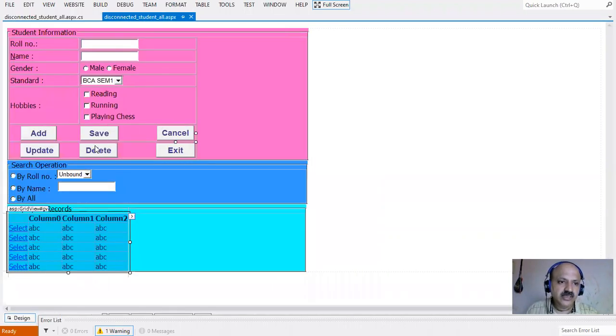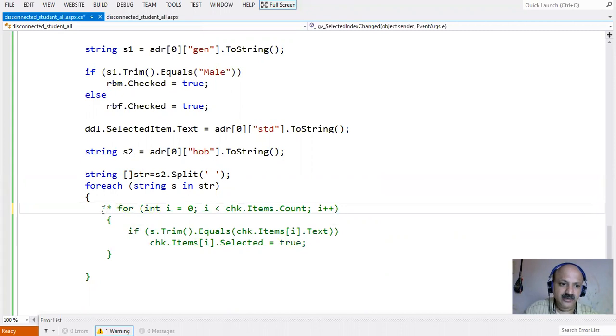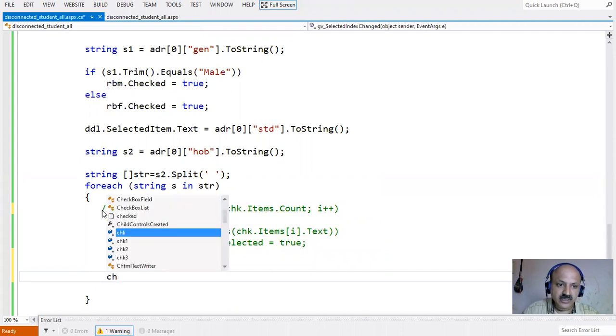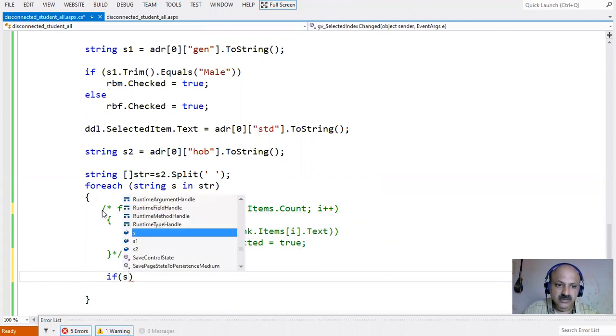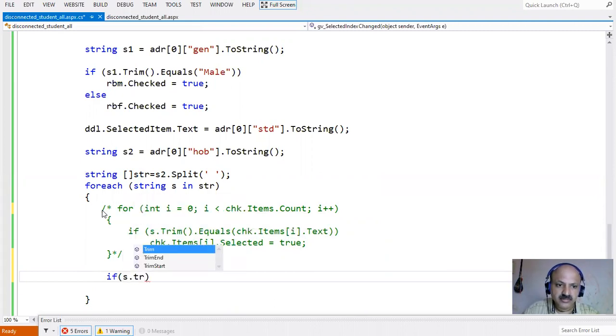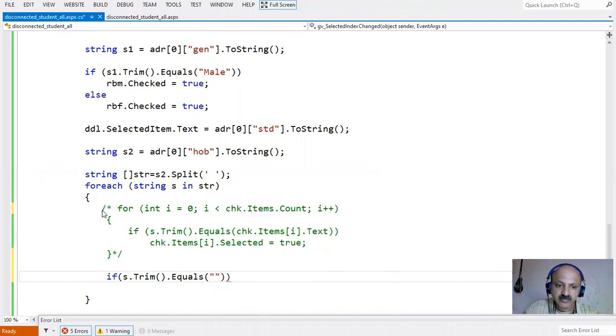So here, like music, we have to give it, there is an error. Otherwise what we can do here is comment it out, a multi-line comment, and here we can take individual checks, like an if condition: if s1.Trim(), yes, and then equal, yes, and then reading, in double quotes, the reading word.